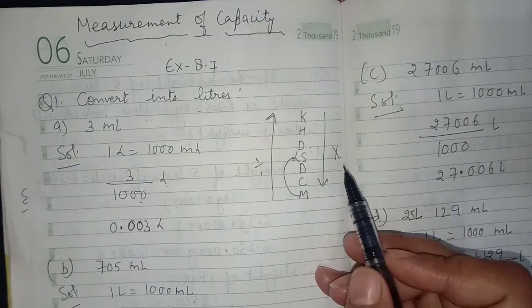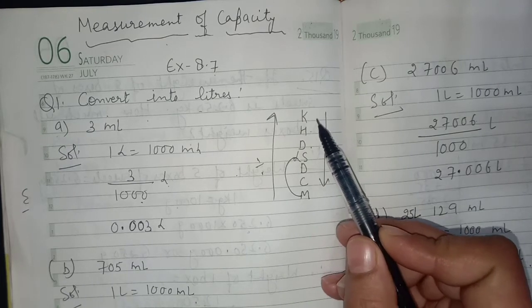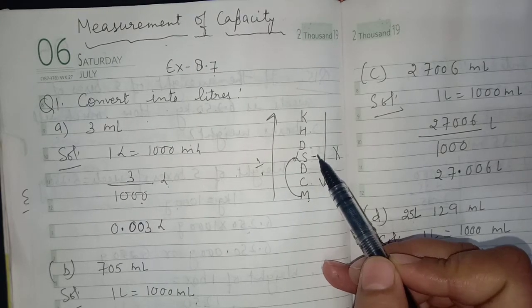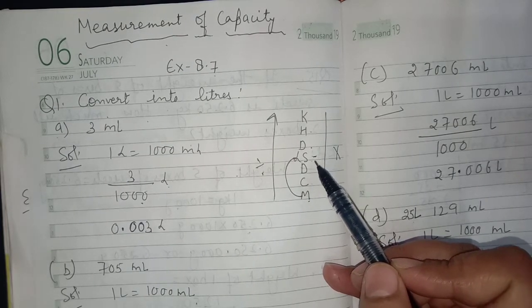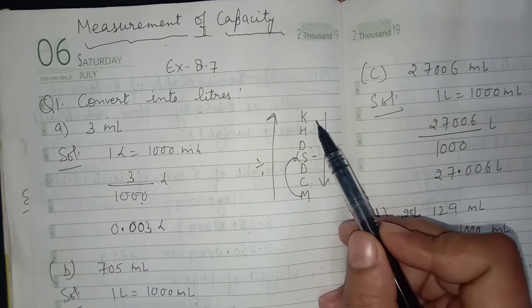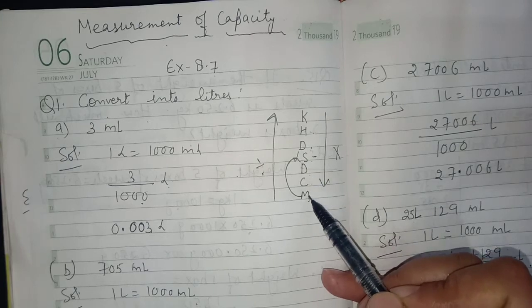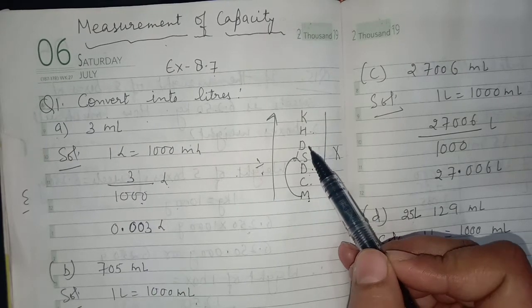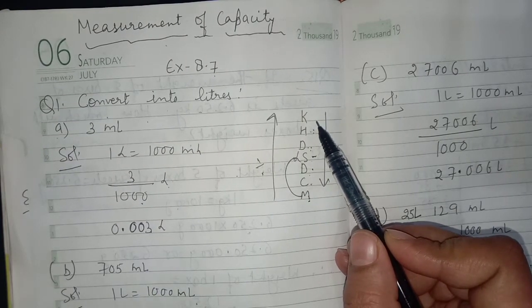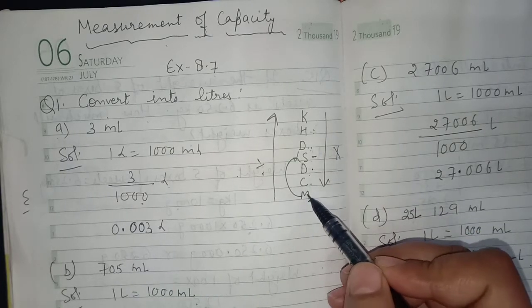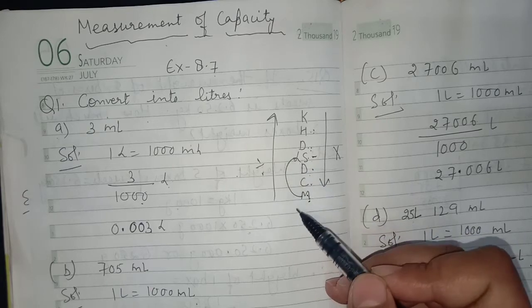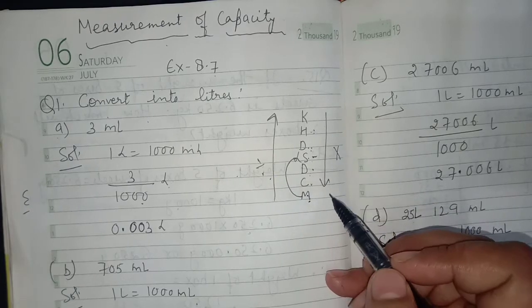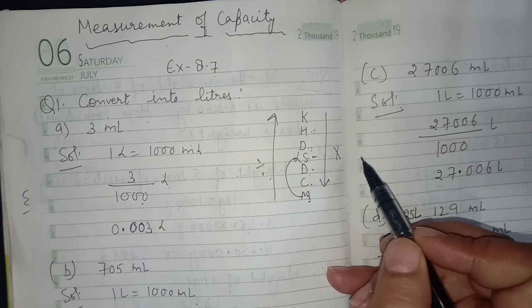Now if you just recall the formula that I had explained earlier, King Henry died, little sister did not cry much. Here the unit is getting changed. Instead of meter, now we are using liters. So this is milliliter, centiliter, deciliter, this is liter, this is decaliter, hectoliter and kiloliter. If we have to convert milliliter to liter, we have to go upward. Whenever we go upward, we are converting into higher units, so we will divide. And whenever we have to come downward, it means we are converting into lower units, so we will multiply.